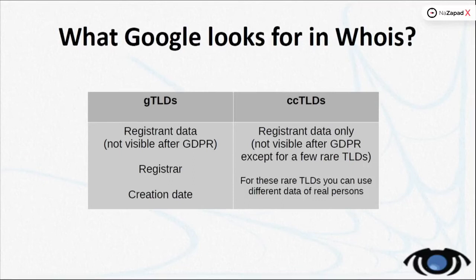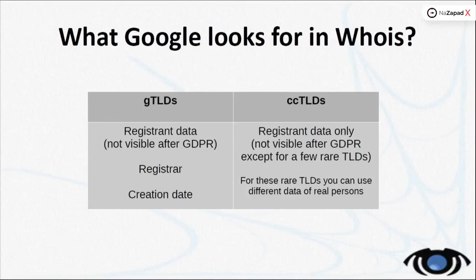And the approach for ccTLDs is they basically don't check anything. They just rely on domaintools.com to check everything and then include it into reverse Whois searches, which are used for reverse engineering PBNs. So basically ccTLD Whois Google outsources, but gTLDs are different because Google is an ICANN registrar, so they have an easy channel to gTLD Whois. So they look at registrant data.